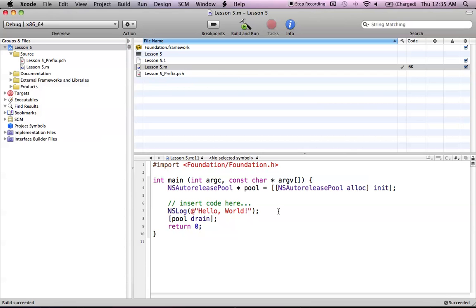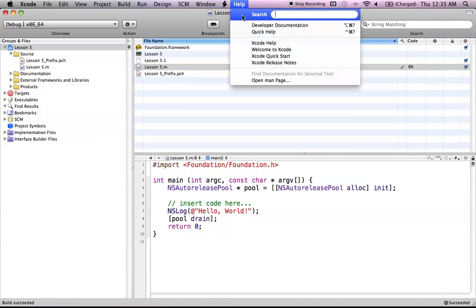So yeah, quick help menu and developer documentation. Let's say we just want to look up some information about some methods that we're already using in our program, some more information about a class. That's what the quick help menu is really useful for. By the way, the developer documentation is right there, if you're wondering. They're both really close to each other. And if we go ahead and click